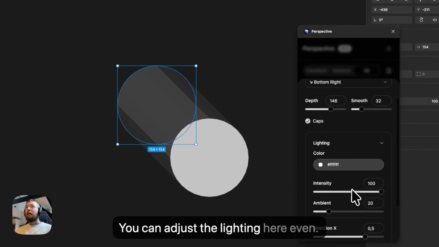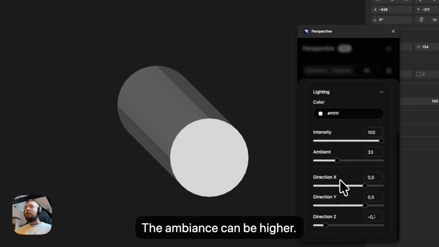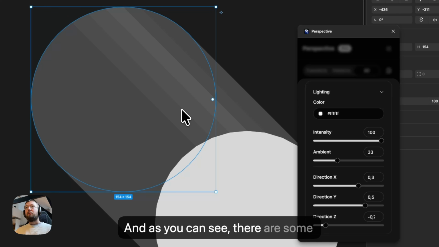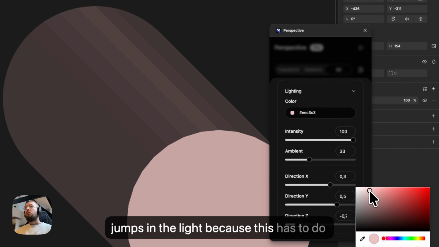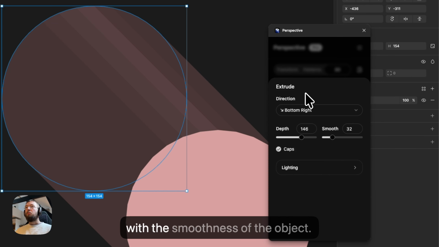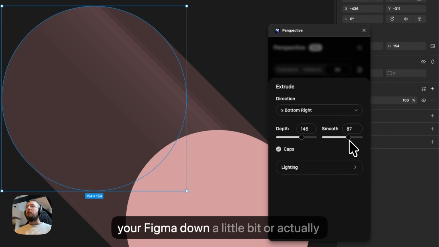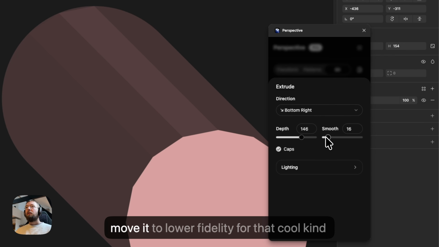Can adjust the lighting here even. The ambience can be higher. And I can change the lighting source. And as you can see, there are some jumps in the light, because this has to do with the smoothness of the object. And you can change the smoothness all the way to high fidelity, but it might slow your Figma down a little bit, or actually move it to lower fidelity for that,